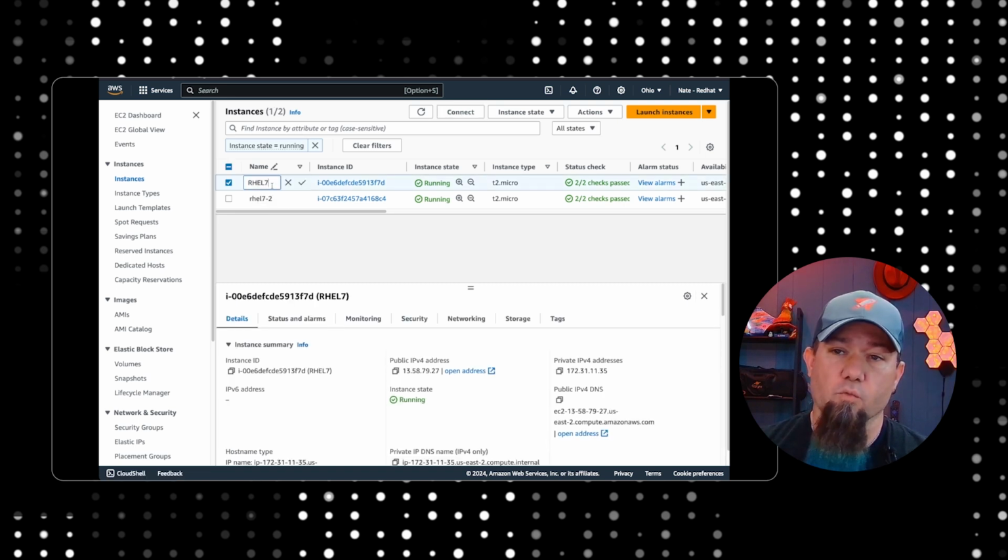This first one, the RHEL 7 box, that one's already configured to use ELS, although I've undone some of the configuration because I need to be able to show you how to do it here. All right, so now that you've seen that I have a RHEL 7 system, just like maybe you